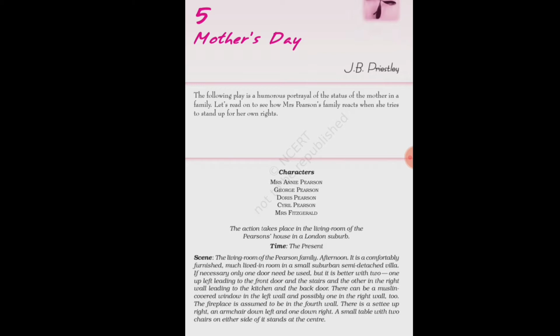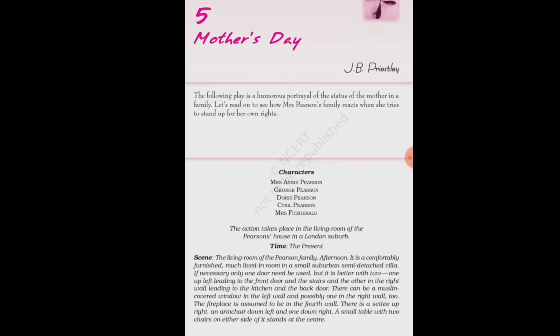The living room of the Pearson family, afternoon. It is a comfortably furnished, much lived in room in a small suburban semi-detached villa. If necessary, only one door need be used, but it is better with two, one up left leading to the front door and the stairs, and the other in the right wall leading to the kitchen